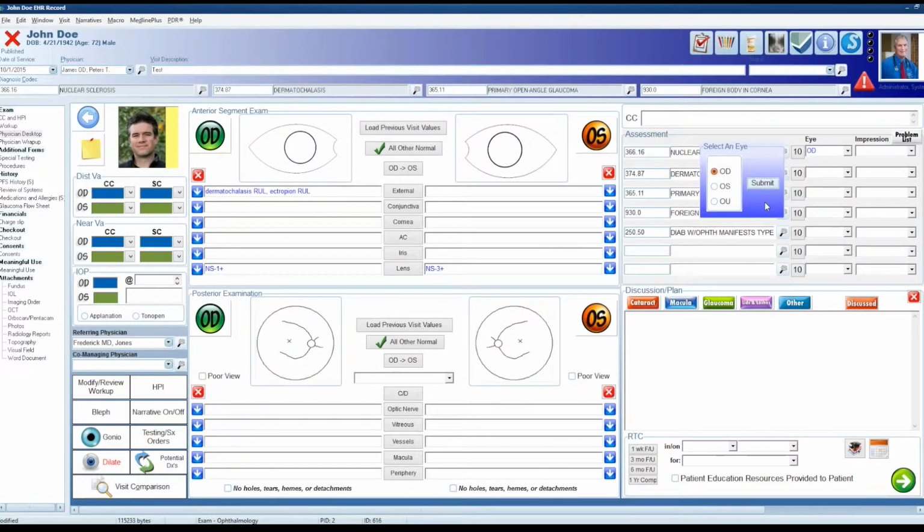So in this case, we need an eye, and then it was able to convert it with just the eye. In this case, we need to know which lid. The next case, it's going to ask us for a stage. This one, for foreign body in the cornea, it's going to ask us first for an eye, and then it's going to ask which type of visit is the first time, second time, is this due to a past disease or whatever. And once it gets all the information again that it needs, then it can convert the code,